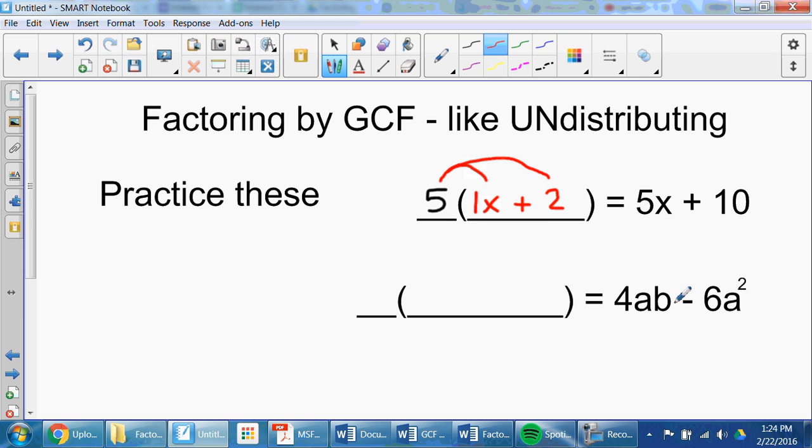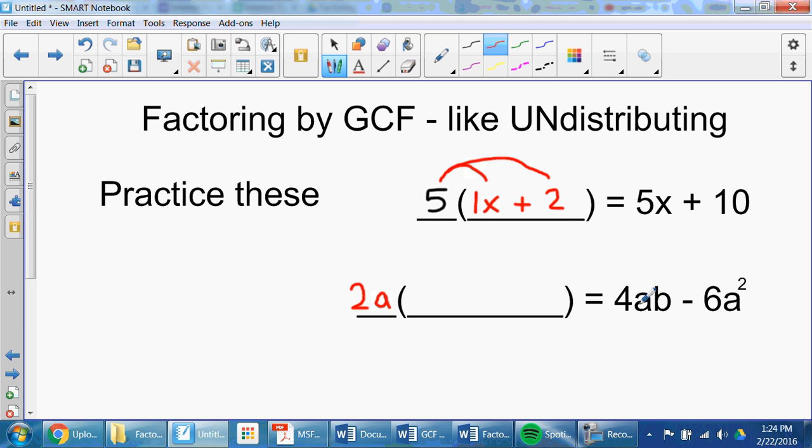So here's our next one, a little bit heavier. More than one variable is here. We've got a and b and a squared. So we want to figure out, what do they both have in common? They both are even, which means we can always factor out a 2. 6 is not divisible by 4, so we put a 2 out. Then they both have an a. So we want to take out the a,